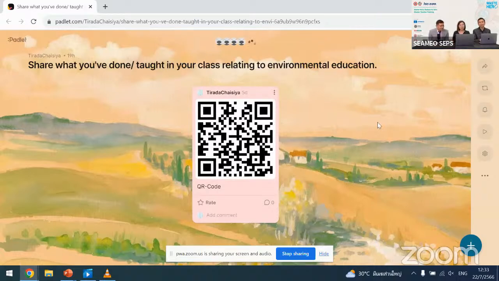It might be beneficial for all participants to show what you have done in the past. It might be a project you have done or an activity in your student club. Maybe one small thing, like giving them something to read about environmental issues. Or maybe you are an English teacher who has implemented environmental literacy in your classroom, and you can show the ideas and suggest some books that are important and useful for students too.